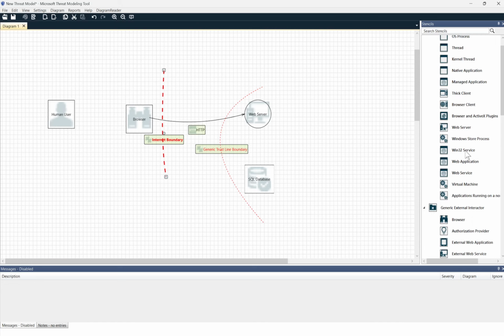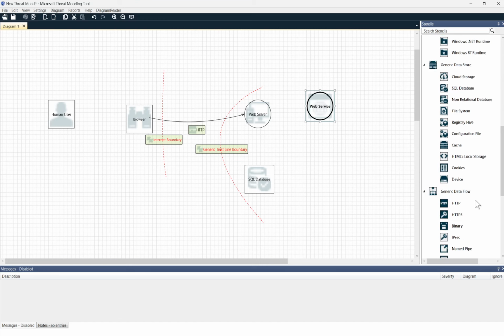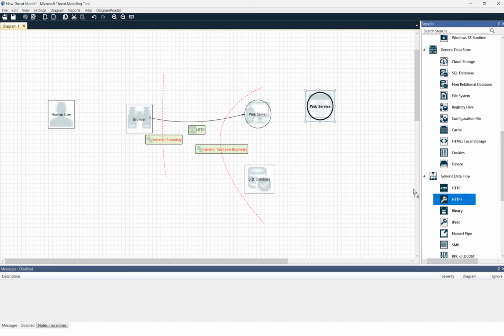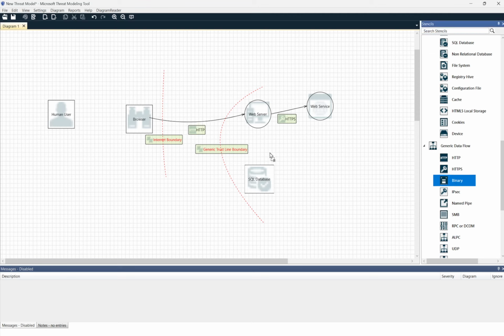What else? Maybe there's also some kind of web service that the web server uses, and then we define the web service is using some HTTPS connection. So you see, it's not too complex. Okay, we also need some kind of communication with the database. So you draw your big system design, and then you go to reports, create full report,